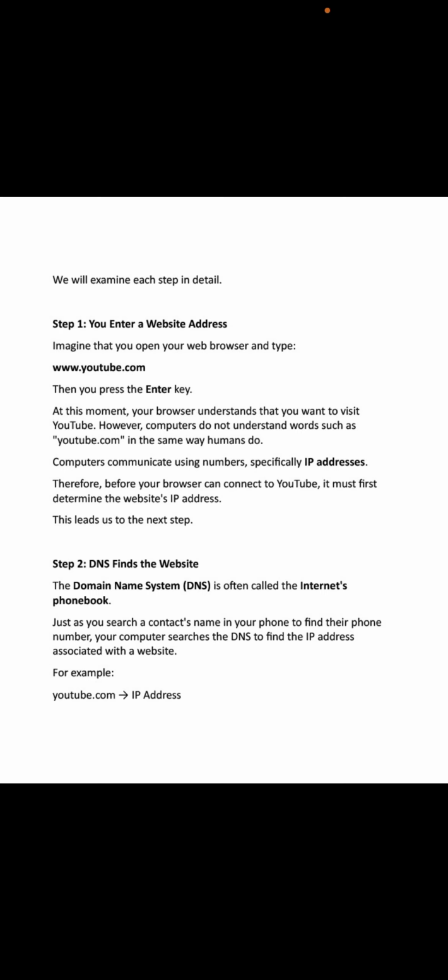Now the journey truly begins. These packets travel across the internet through numerous routers. Think of routers as intelligent traffic controllers.